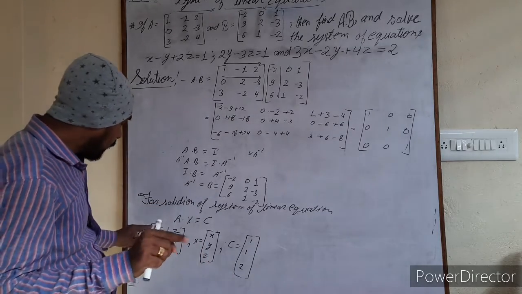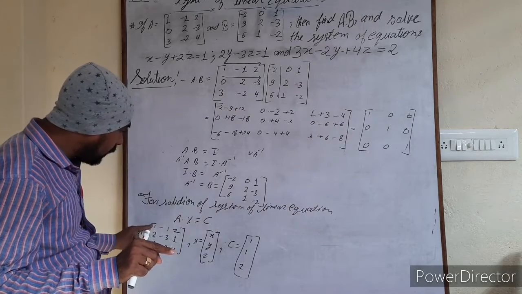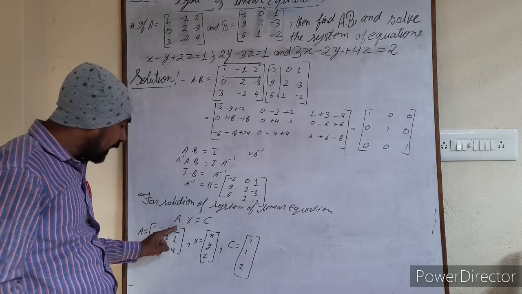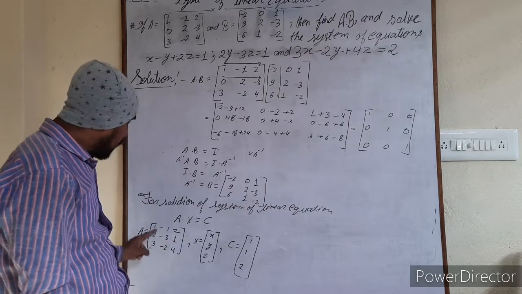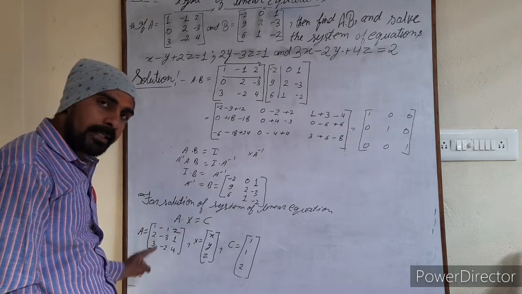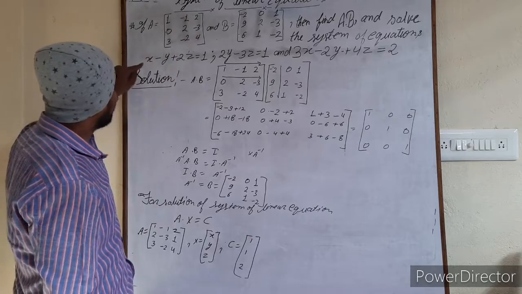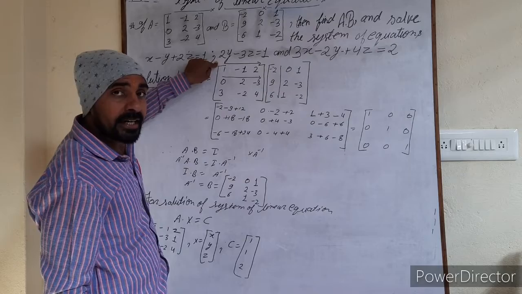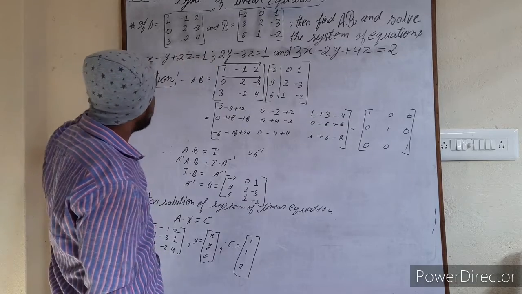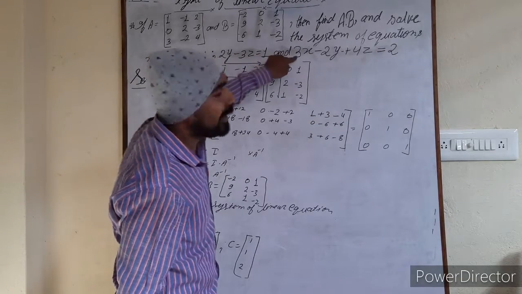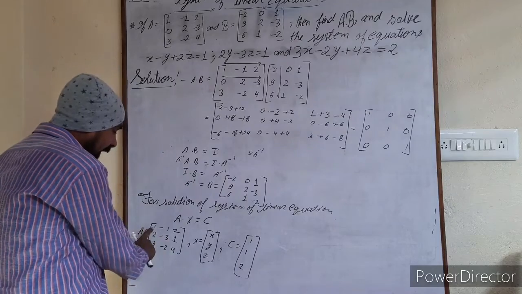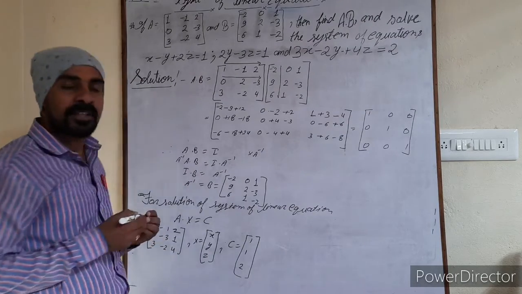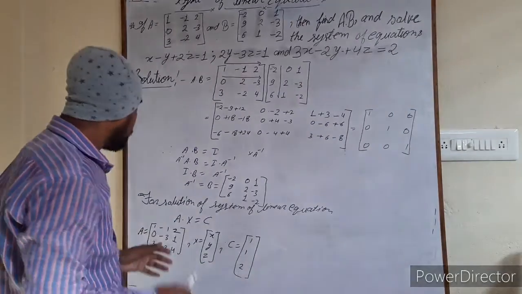What is this actually? Pay attention a little, what is this? This is our coefficient of x, this is our coefficient of y and this is your coefficient of z. So let's see the coefficient of x in the given equation, that is 1, but actually x is not here, so that will be considered as 0. It means 1, 0 and 3 should be here. So 1 has been taken, so that should be 0. I hope my student is understanding what was the mistake and how it has been rectified.